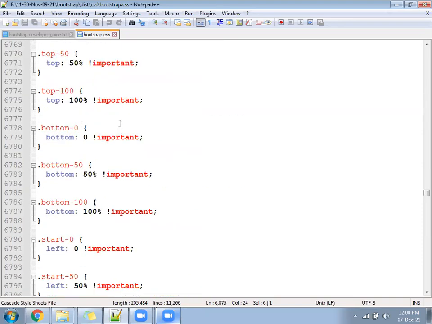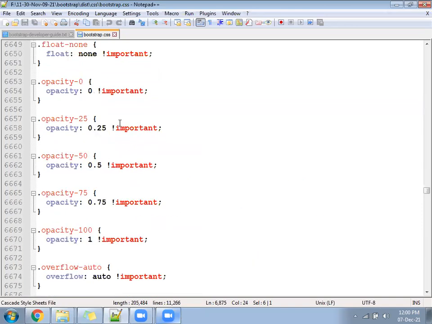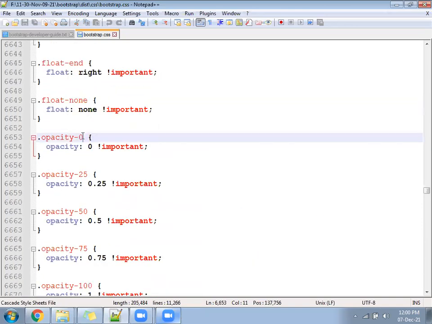Let's go randomly anywhere. Suppose I come here, opacity how much? 0 means the brightness of your image, text or background will be very dull. 0 is the lowest brightness, 0.9 is the highest.